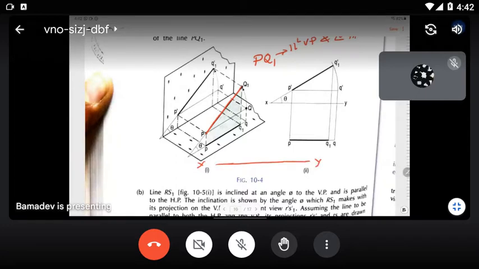Assume that PQ1 is parallel to both vertical plane as well as horizontal plane. So if this is parallel to both vertical and horizontal plane, then